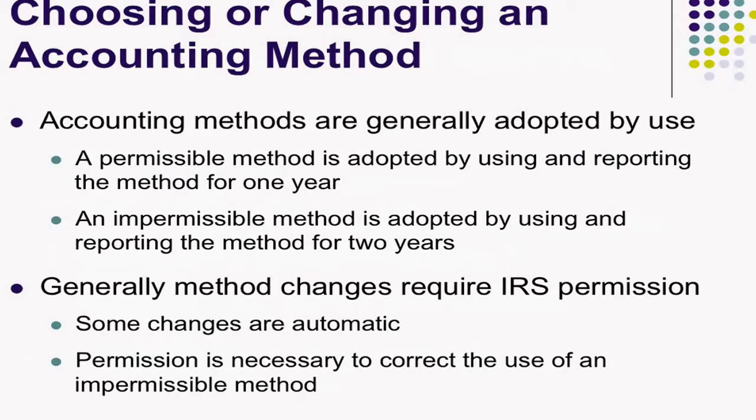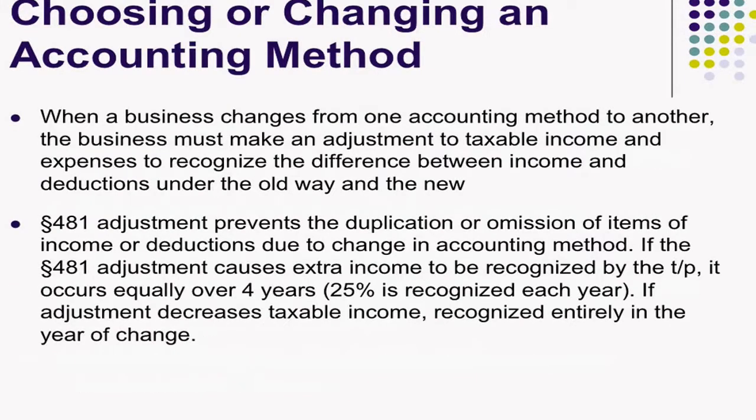And you want to change your accounting method, you have to talk to the IRS. If you're going to go from one to the other, it's important that you file a form asking for IRS permission. Now, it's typically one that'll happen all the time where you'll get permission. It's in a rare case the IRS says no, but I just want you to know that you have to do that. Okay, again, talking about changing accounting methods. When a business changes from one to another, you have to make adjustments, of course. When you're going, let's say, from a cash method to an accrual method of accounting for taxes, there's some adjustments that need to be made in the year that you make the change.